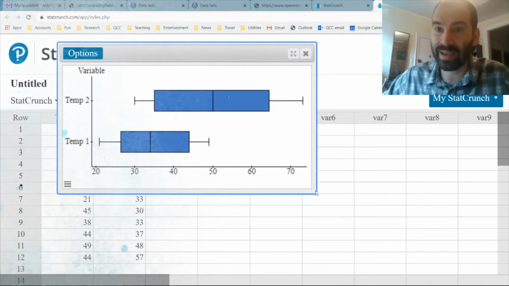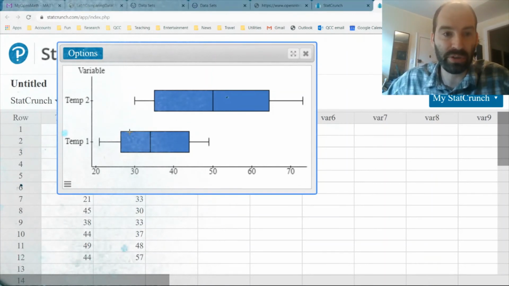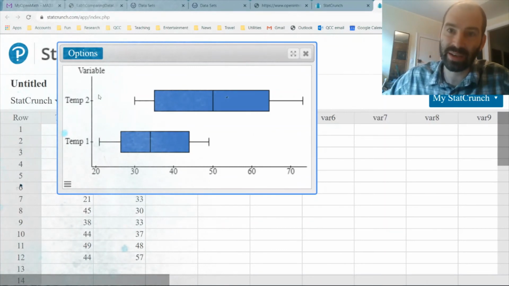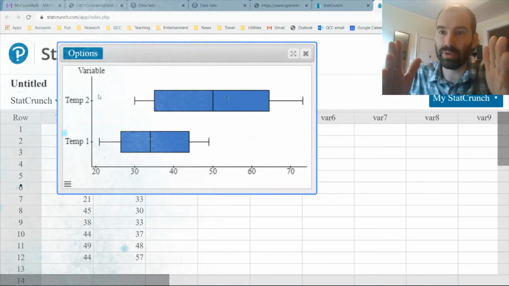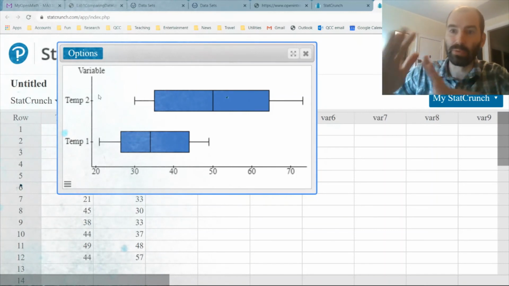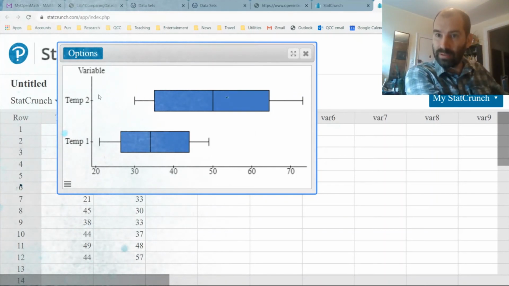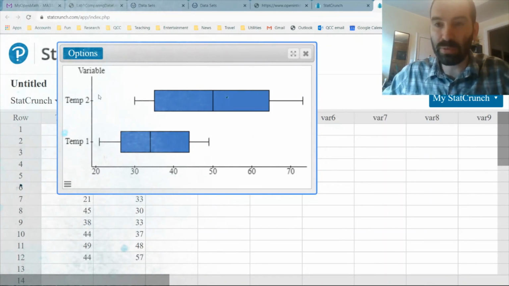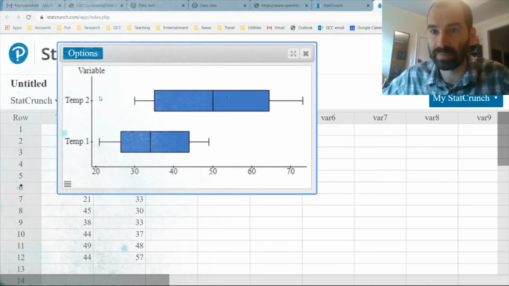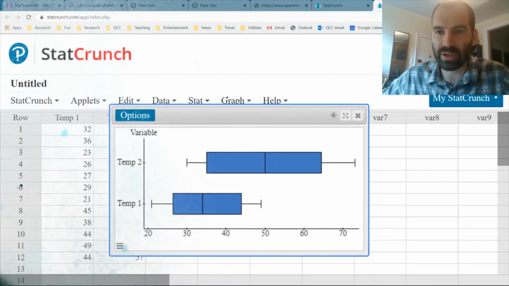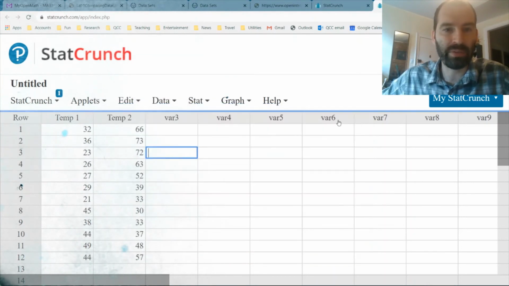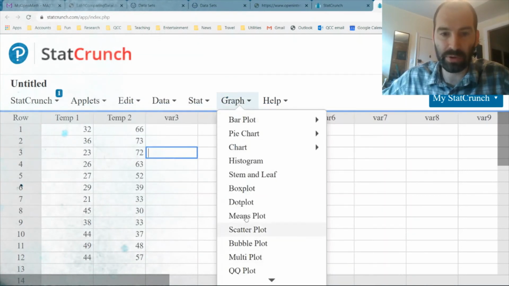But this time, it's two different variables, one for each box plot, as opposed to last time when it was a single variable made into different box plots by grouping by a different variable. All right, so two different ways to make side-by-side box plots. And these are the ways that you can make box plots, and you'll use these to answer those questions on that assignment. Okay, I invite you to play around with this thing, look through these other things that it can do, other graphs,